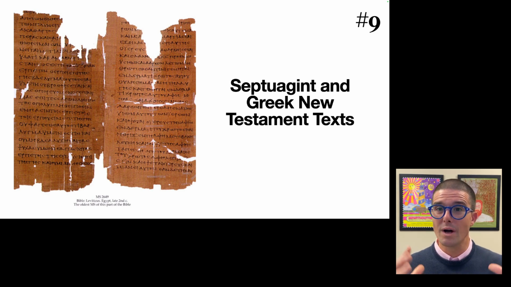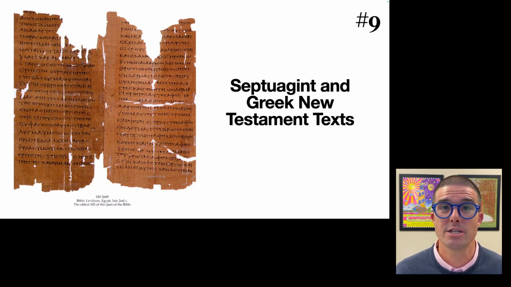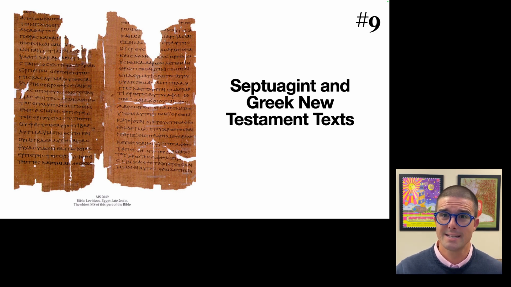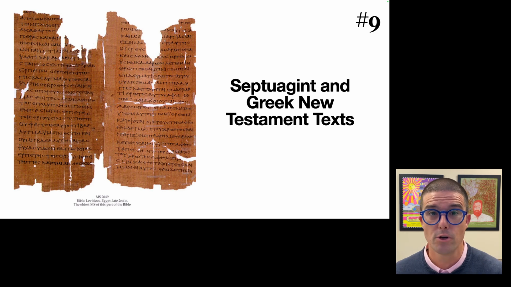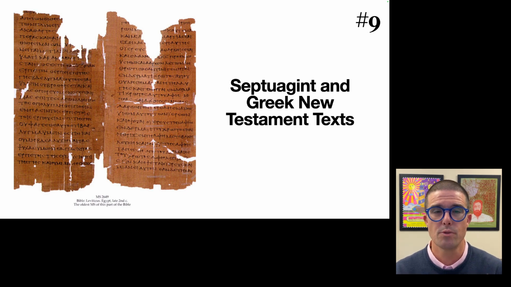The Septuagint wasn't necessarily just one single thing, but was largely a committee translation, just as today many English Bible translations are committee translations. And just as the Hebrew Bible texts of the Old Testament were not singular in the ancient world, neither were the New Testament texts. There were a variety of different versions of the Gospel of Mark and a variety of different versions of the Gospel of John, though they were largely consistent with one another.